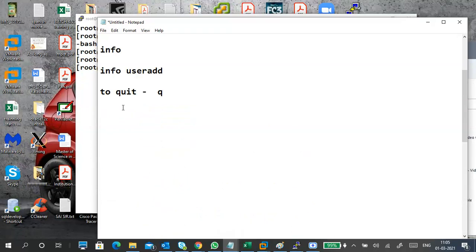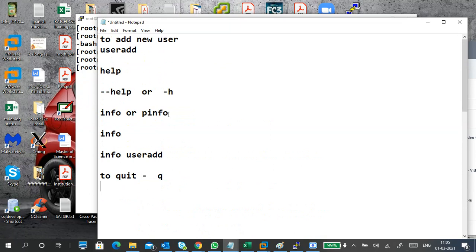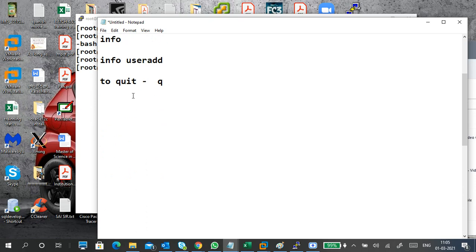Later we will adjust this one, so don't waste time here. I already told you one help command is hyphen help, mainly for options. Info is usually for full details of a command, related information and utilization information also. Next one is